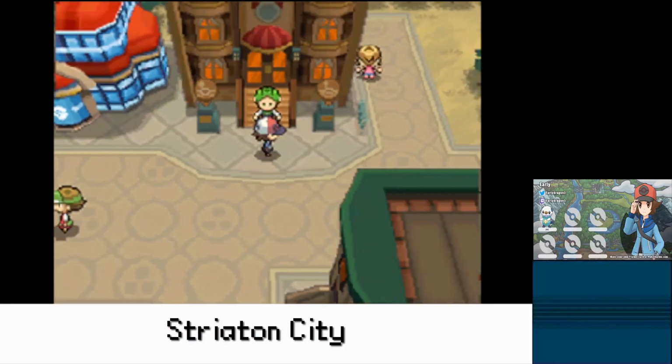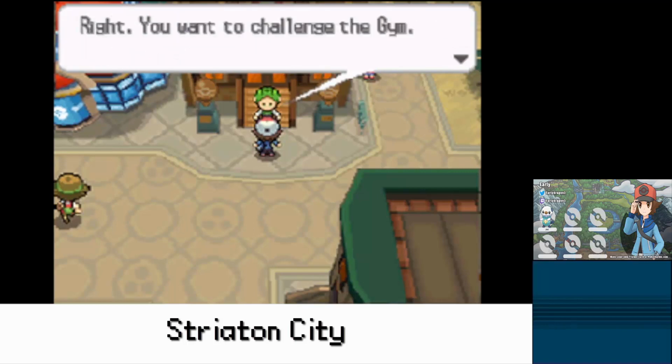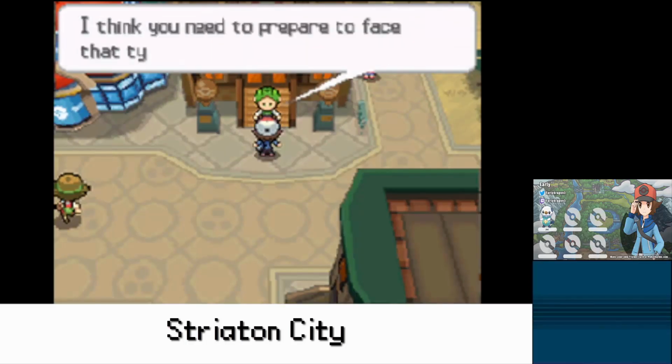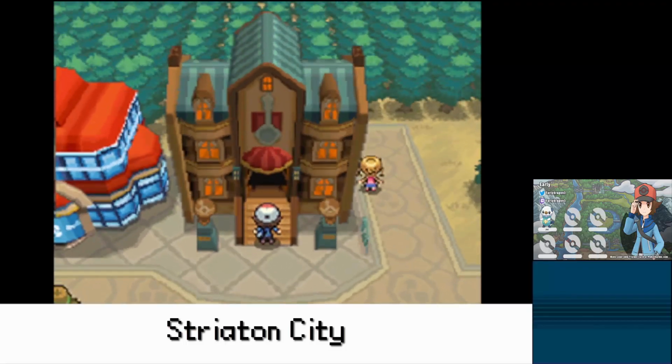Yes, I am a gym leader of this town. You are right. You want to challenge the gym. In that case, what was your first Pokemon you chose? Oshawott. I see. It's weak against grass type Pokemon. I think you need to prepare to face that type. I'll be waiting for you inside. Well, we already did, so